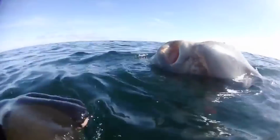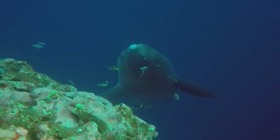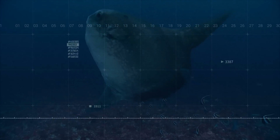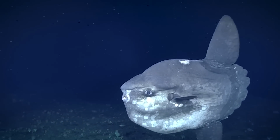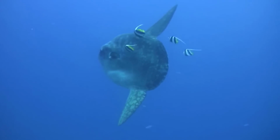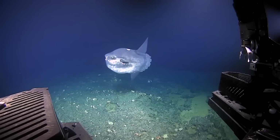While they spend much of their time in the open ocean, sunfish also frequent coastal areas, particularly during warmer months. In these shallower waters, they often visit cleaning stations on coral reefs, where smaller fish remove parasites from their skin. The sunfish's habitat preferences and distribution patterns are closely tied to their unique physiology and feeding habits. Their ability to thrive in such diverse oceanic environments is a testament to their remarkable adaptability and the success of